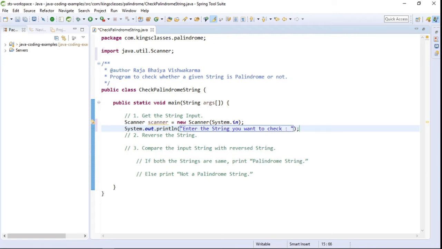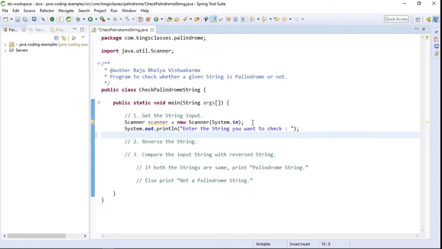So when we run this program, we will get this message on the console, and after that the user will enter the string that he wants to check whether the string is a palindrome or not. So we will get that string from the user and store it into one string variable. Let's say original.